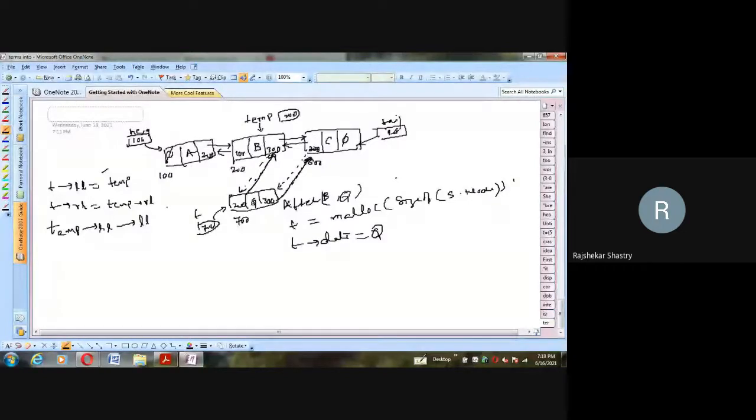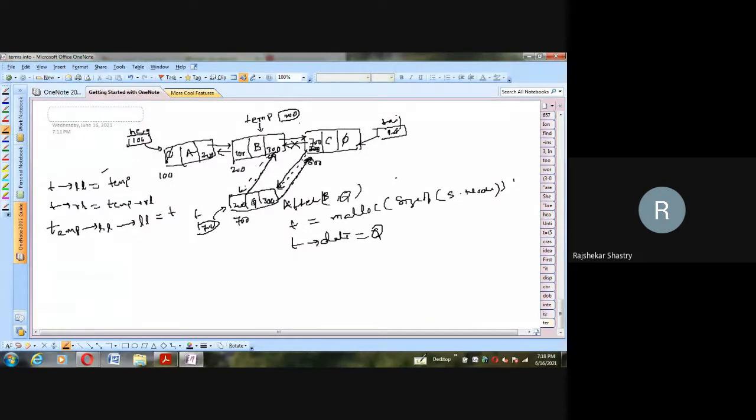Now in this we have to store T, which is 700. So this will become 700. As a result, the previous 200 link will be removed, and C now points to T, because T is the node whose address is 700. Good, Amma. So three are over. Now tell me what next?